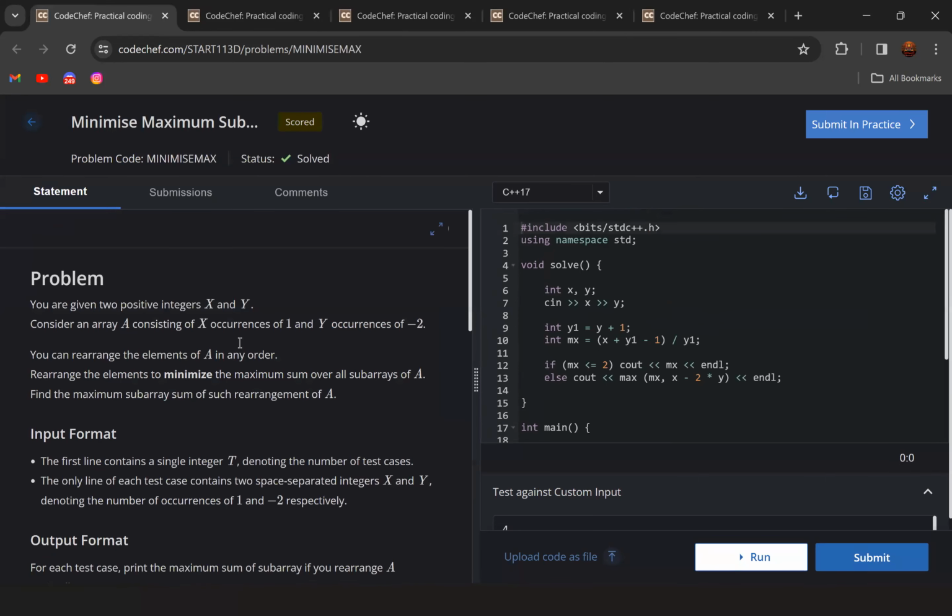So let's see the next problem. Minimize maximum subarray sum. This is the fifth problem. In this problem, we have been given two integers x and y. It tells us that we have to consider an array A consisting of x occurrences of 1 and y occurrences of -2. We have to rearrange the elements in any order, and what we want is that the rearrangement of